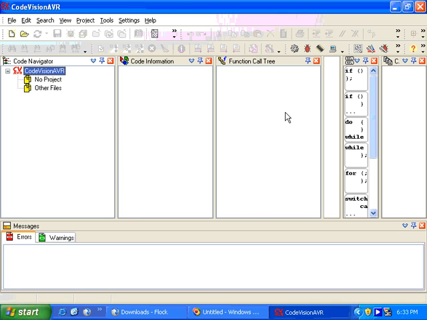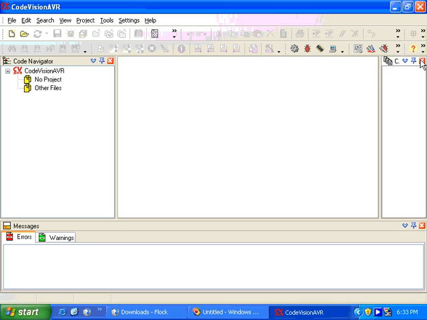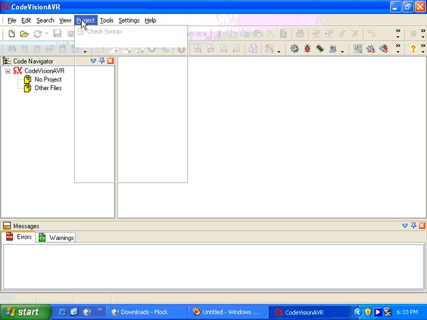There are a lot of windows open here. We'll close some of these which are not required right now. Code information is not required. Function call tree is not required right now. Templates are not required. So before making any project, we